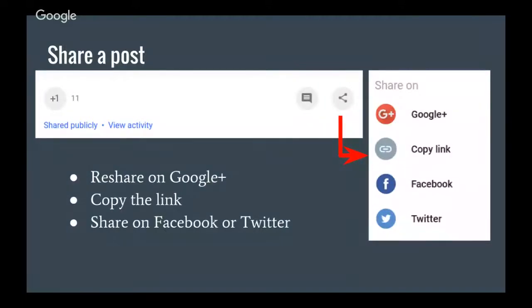So really, the idea is that the content posted on Google Plus is not meant to be just on Google Plus, like a walled garden. Instead, it's meant to be shared more broadly than that. And Peggy, just correct me if I'm wrong, I don't believe you can embed anymore. You can't embed a post somewhere.